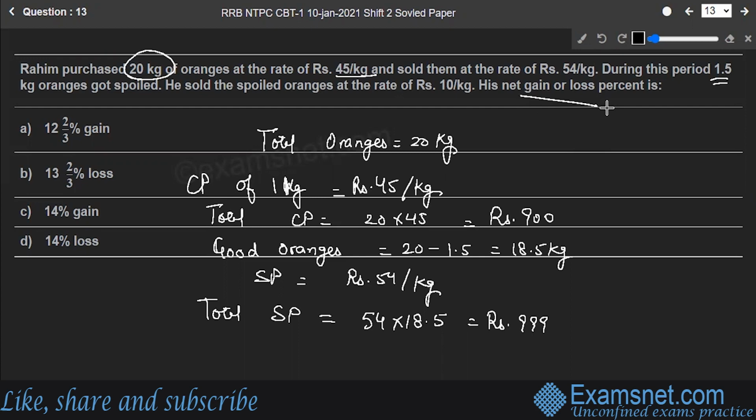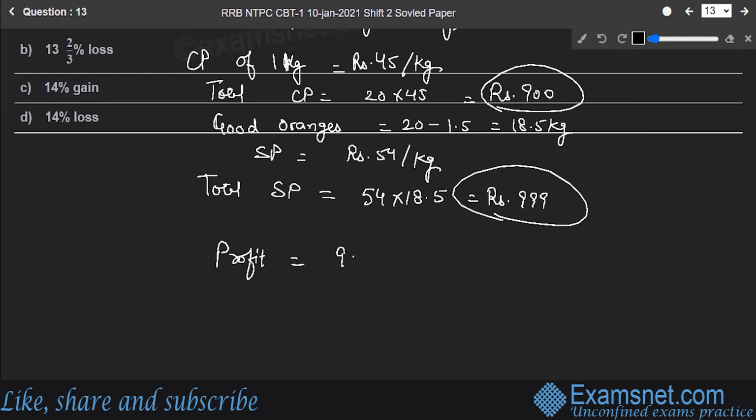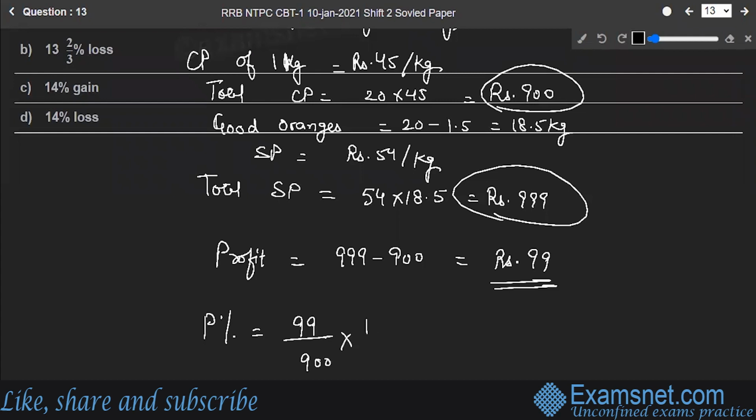We got the total cost price. We got the total selling price. This is the cost price, selling price. We, of course, have the profit of 999 minus 900, which is equal to rupees 99. So that means 99 is the profit. Let's find out the profit percentage. 99 upon total cost price was 900, multiply 100. So this will cancel and you have